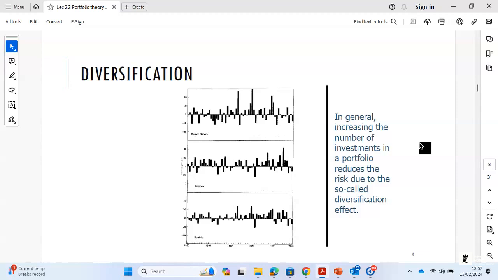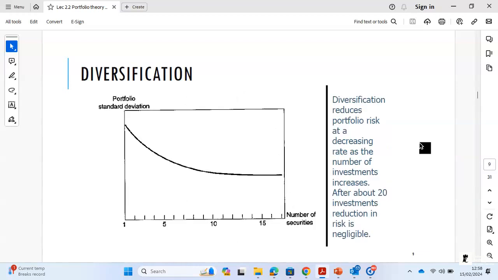Also, if you invest in stock one alone, right? If you're lucky, you will make a lot of return. If you're unlucky, you will lose a lot of money. Okay. Similarly in stock two, but you can manage your risk. Instead of investing in stock one alone or stock two alone, you can reduce your risk by investing in both. Okay, so you can see the variation in returns is a lot less in the portfolio. So diversification helps to reduce risk.